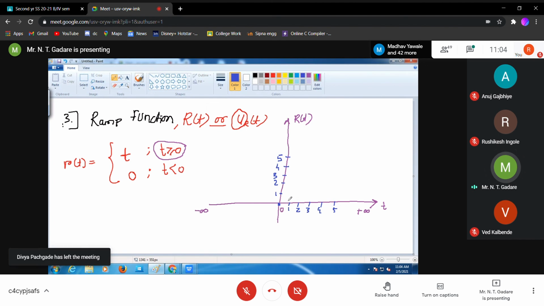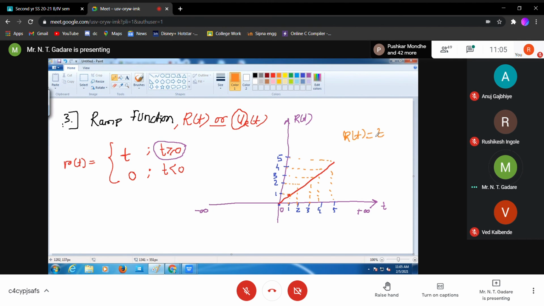When the value of t is 1 it is 1. When value of t is 2 it is 2. When value of t is 3 it is 3. When value of t is 4, r of t is 4. And when it is 4 कैसे we'll see. When value is 1 it is this. When value of t is 2, 2. When value of t is 3, 3. When value of t is 4, 4. When you have 5. So this is what looks like a ramp function because